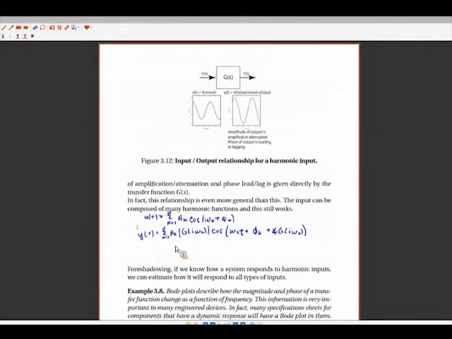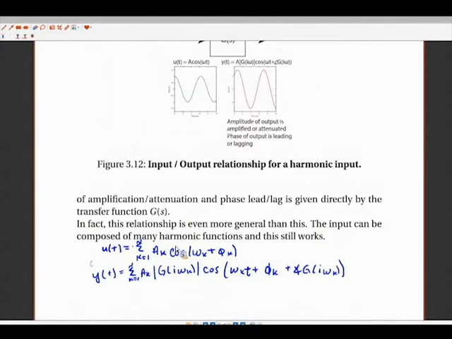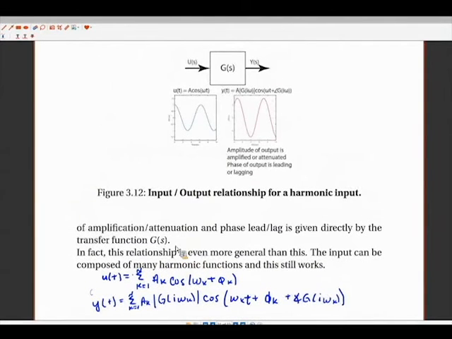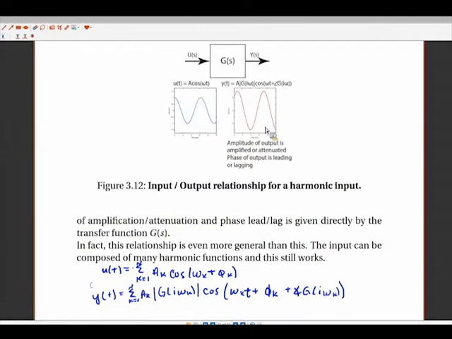The main idea is that if you have a linear system, which you can describe by a transfer function, it is a property of a linear system that if you put in a sine wave, you get out a sine wave. And the important things to know about this is it transforms two things about this sine wave or cosine wave. One is it scales the magnitude of that sine wave. So looking at what I mean by this